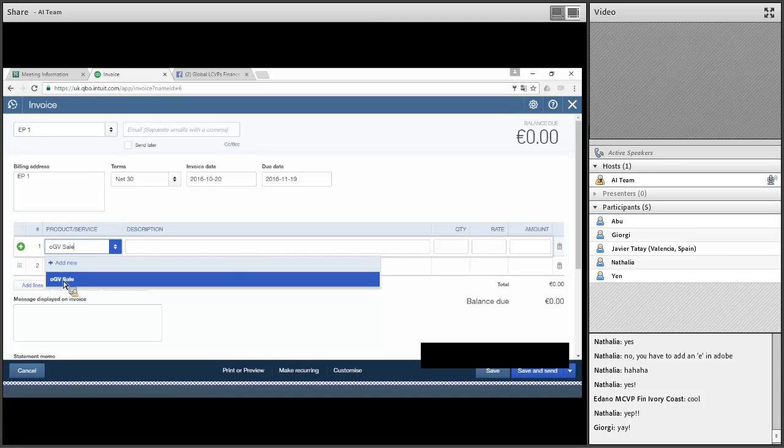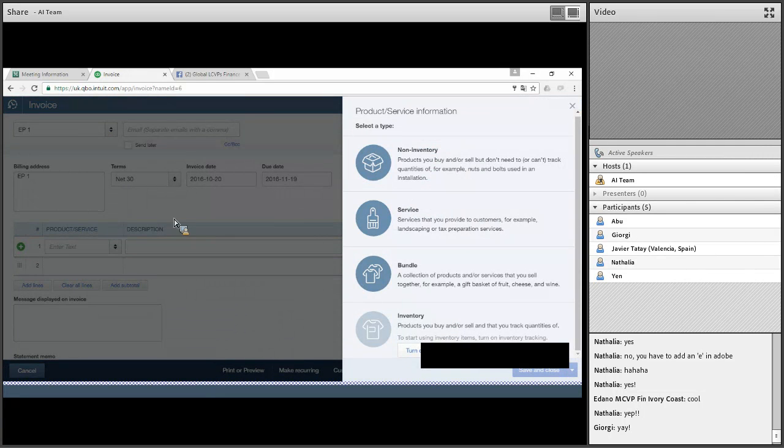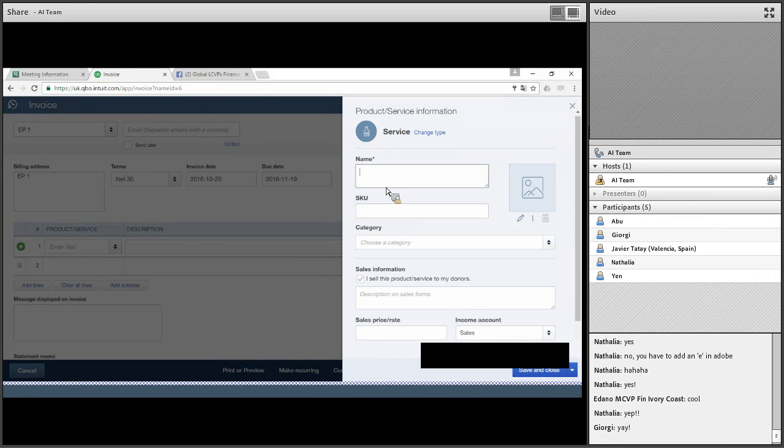I had already created it, but you know what? Let's create it one more time, just so you can see. Here it tells you what product you are creating. So we can say it's a kind of service product, and I'm going to call it OGV2, OGV Sale 2,